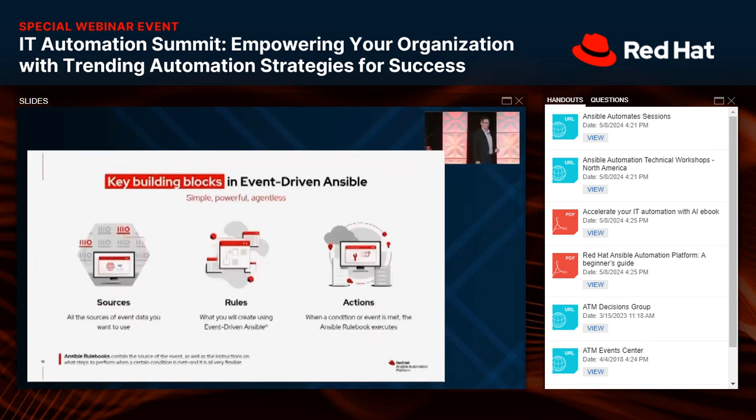So here's how EDA works in a nutshell. We have sources. Your source is your source of information, your telemetry coming in. I'll talk about all the different sources we can pull data in from later, but the idea is that I have stuff out there already. Let's take that information. Maybe it's coming from Dynatrace. Maybe it's coming from Azure Service Bus. Maybe it's coming from Bob's shell script. Who knows, right? We're going to take that source and feed it into a rules engine. This is where EDA comes in. We're going to use EDA to decide how to act. And then the action part, that's your Ansible playbook.